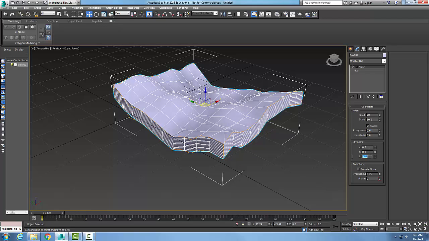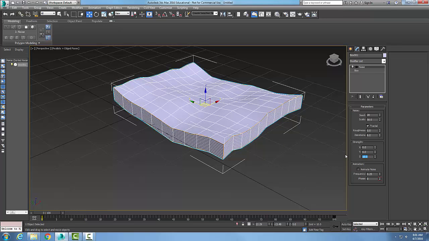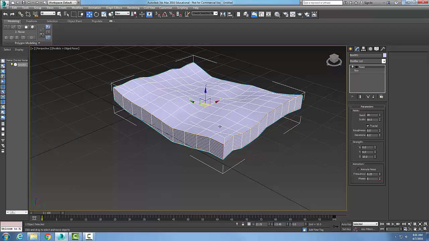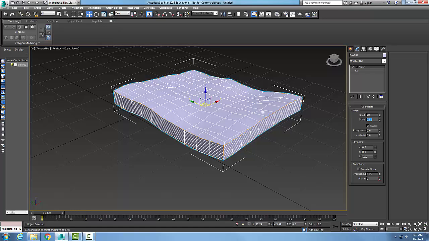So I can make it a little less in the Z, and typically you're dealing with the Z a lot of times to make the ground surface or something like that. You know, and I could put smaller effects in the X and the Y, perhaps, but it's usually going up in the Z that we're most concerned about, because we're trying to make waves or the earth moving around. So in the scale, if I want it smoother, I'll go back up towards 100. Okay, and if I change the seed,